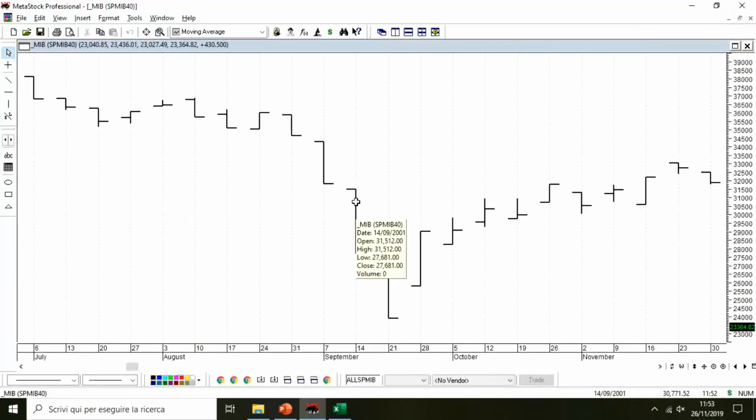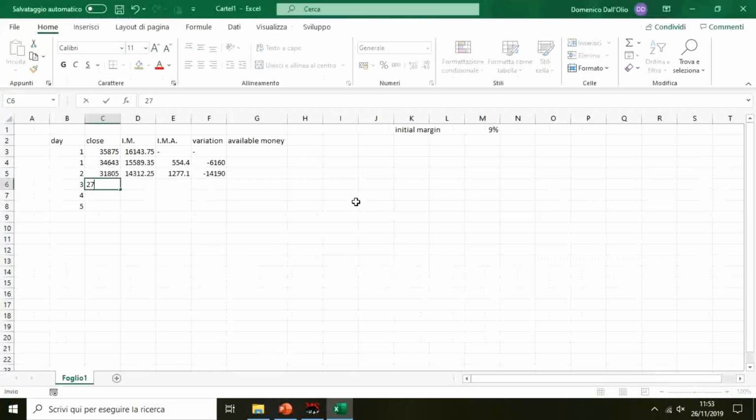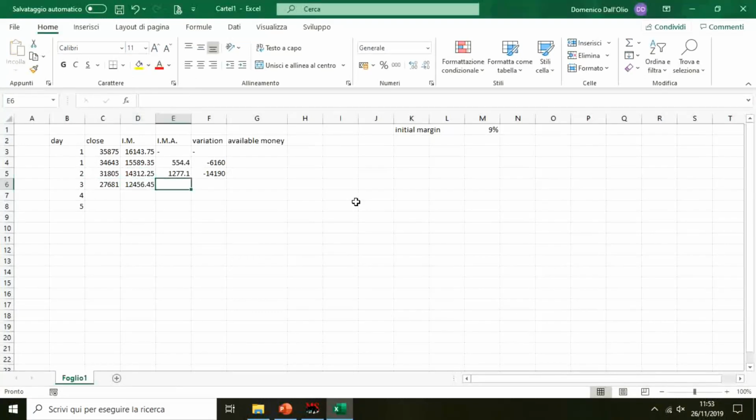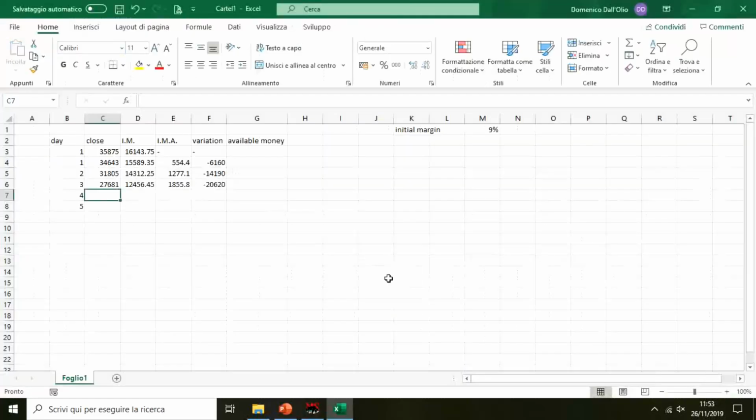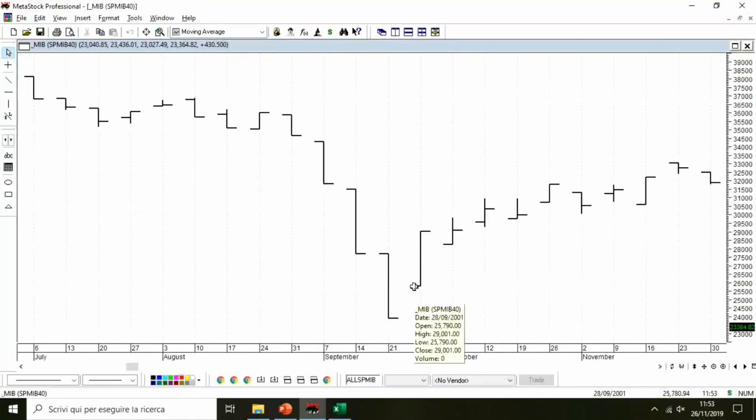Day number 3, close price 27,681. Initial margin 12,456, adjustment plus 1,855, variation minus 20,620. Day number 4, 23,896. Plus 1,700 on my account, minus 18,925 as variation margin. On day number 5, I get out of the trade for the opening price